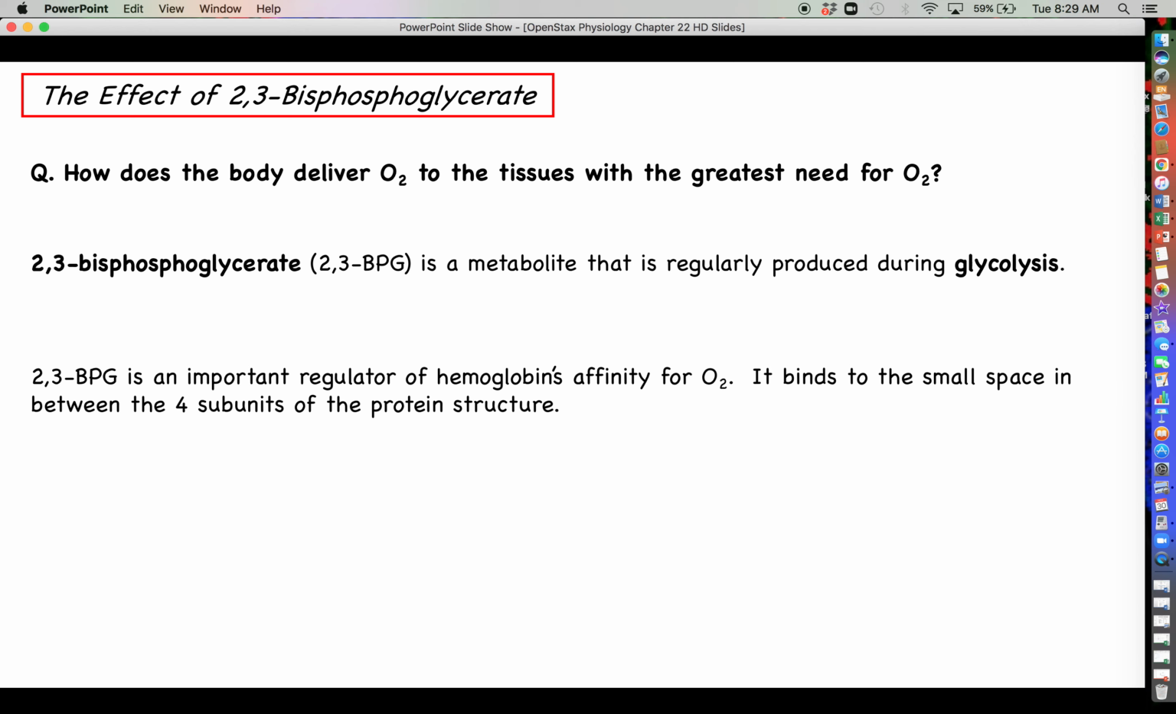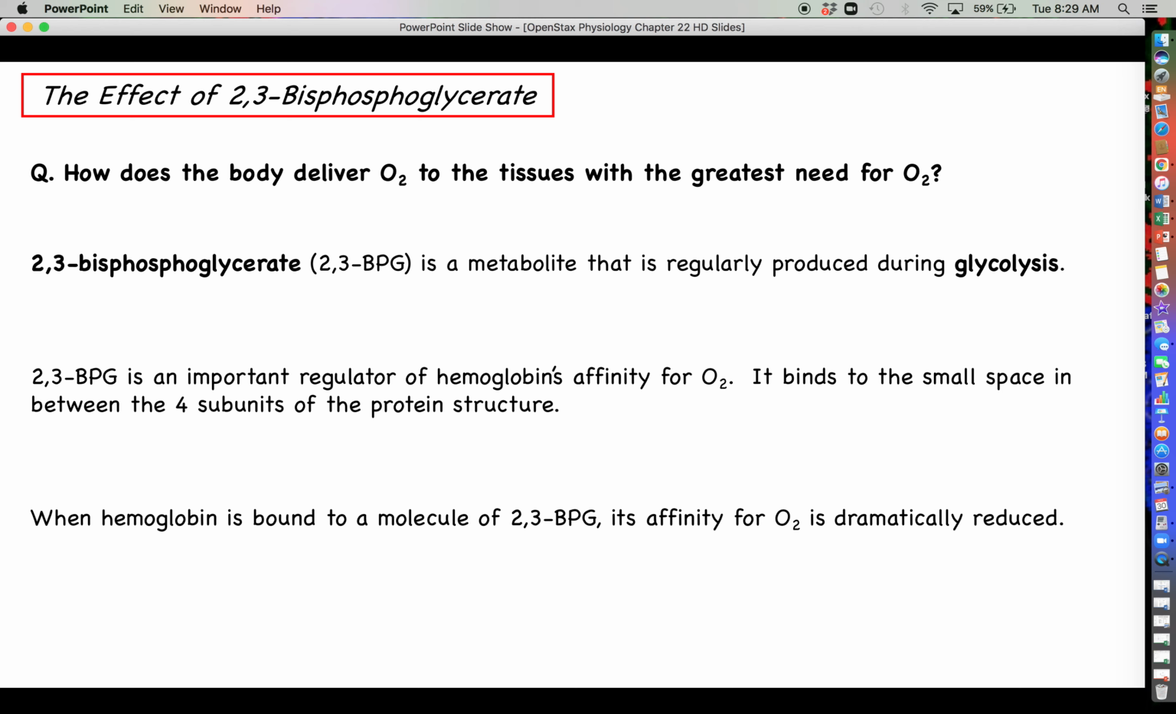It kind of looks like a little donut hole. I'll have a picture here on the next slide to show you. So the idea here is that when hemoglobin binds to this 2,3-BPG molecule, it drastically loses its affinity for oxygen. Again, that might sound on the surface like a bad thing, but remember, this hemoglobin is right in the vicinity